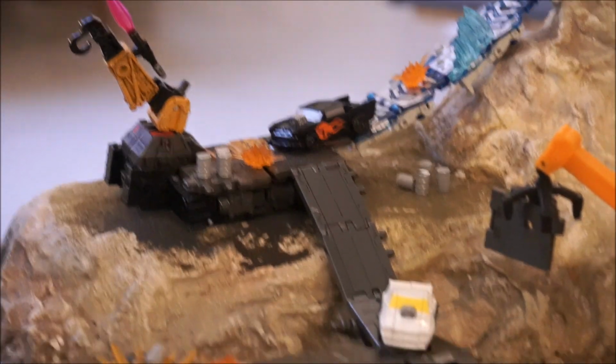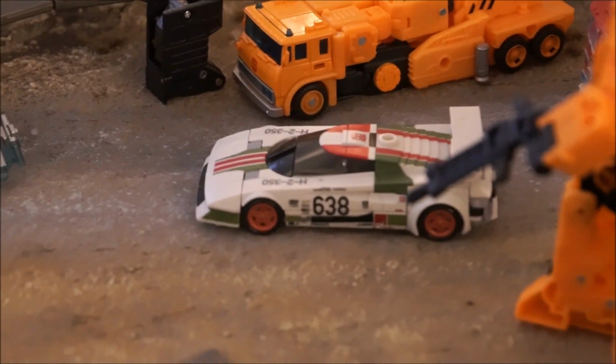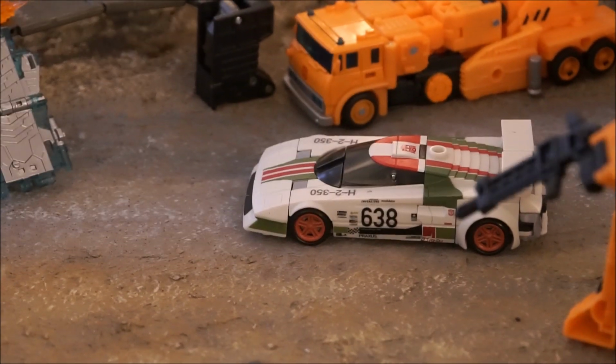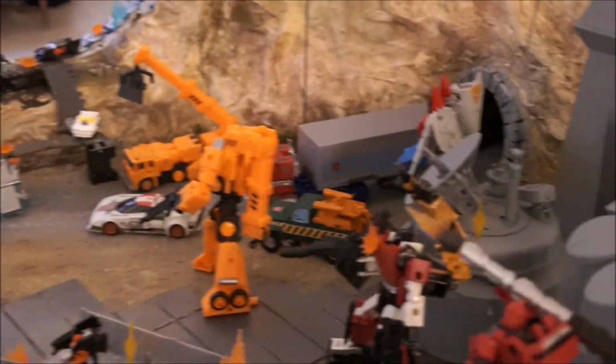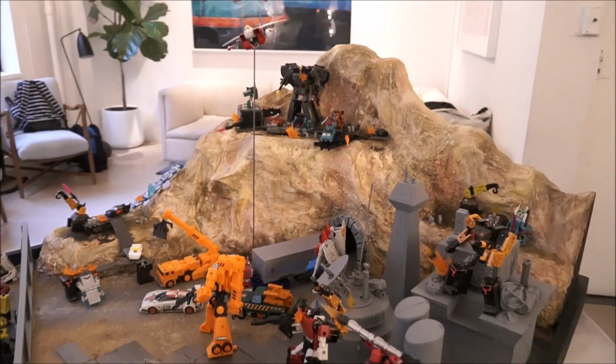One of the most important things about Cliffjumper when we started the design process was we wanted to make him a Cliffjumper character, not a redeco of Bumblebee. So we wanted to make sure his vehicle had kind of the same